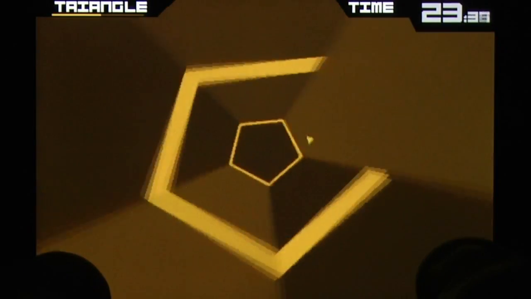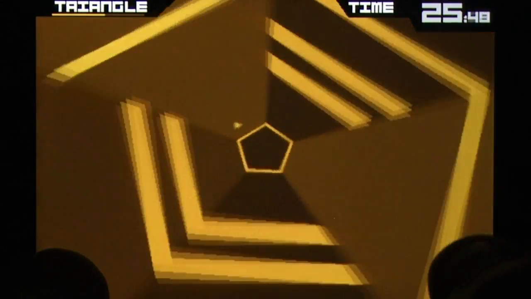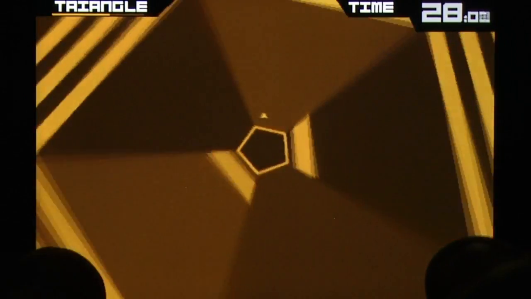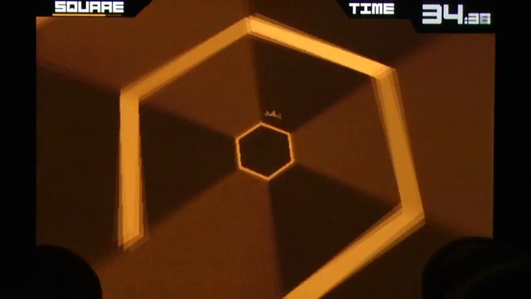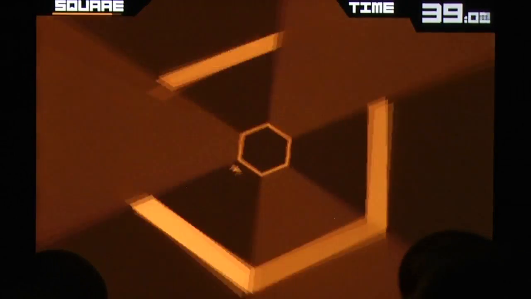Expect to die often. You control a small arrow in the middle of a hexagon. Tapping and holding the left of the screen will rotate the arrow left, and tapping and holding the right will rotate it right. The goal is to avoid all the incoming lines and to see how long you last. After an extensive amount of time playing and improving, I managed to reach a personal best of 12 seconds in